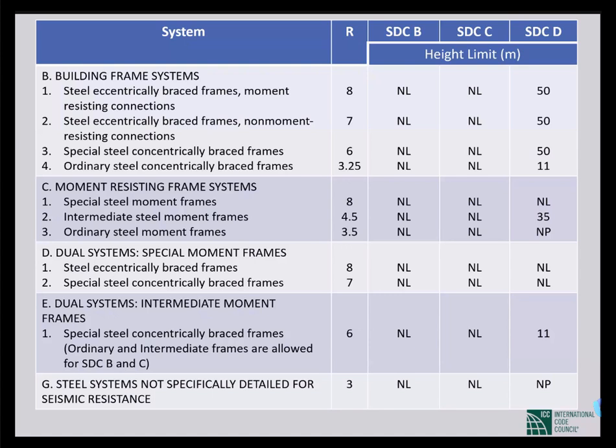We'll discuss tomorrow how much of that is related to ordinary moment frames and how much we have to follow for special moment frames. But as of now, you can understand, even to design an ordinary steel moment frame, we have to comply with section 1020, which are seismic provisions.